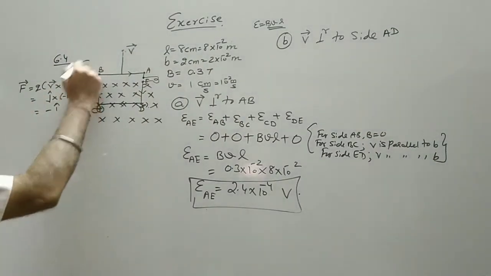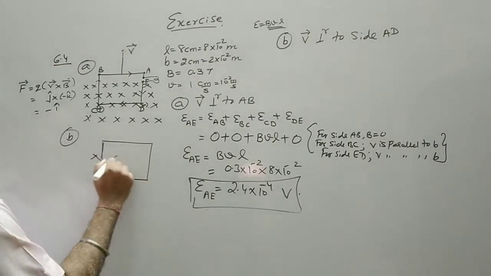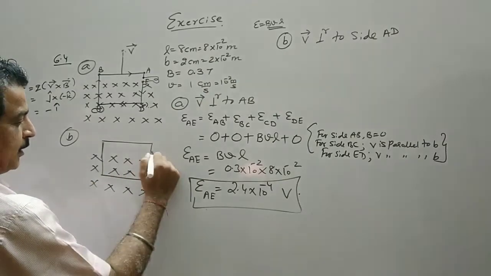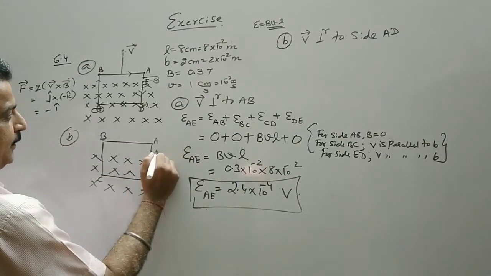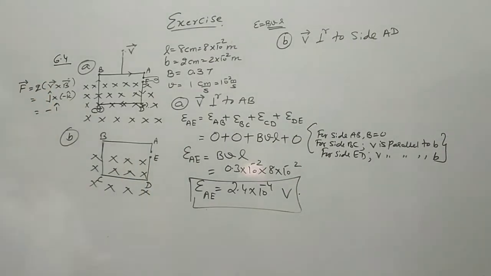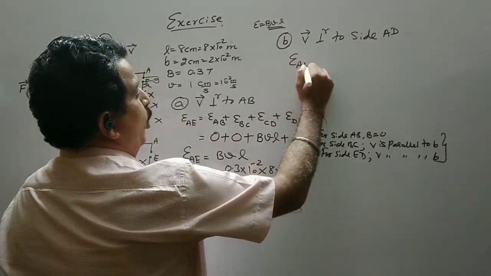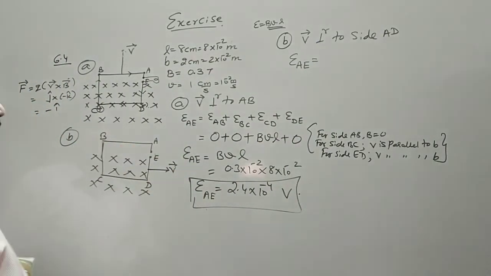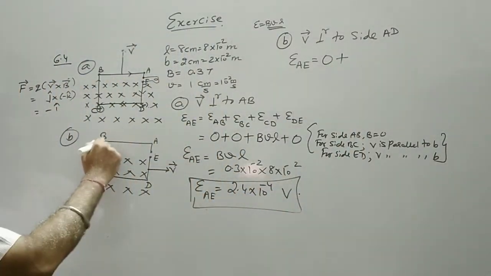Now in the second diagram, this is the first part, this is the second part. So magnetic field. Now we make a cut here. So A, B, C, D. Say this point is E, near to this. Now the velocity is perpendicular to the shorter side. Again, EMF is induced between point A and E. Now for AB, the magnetic field is 0. Again same situation. Plus BC, now we have CB.